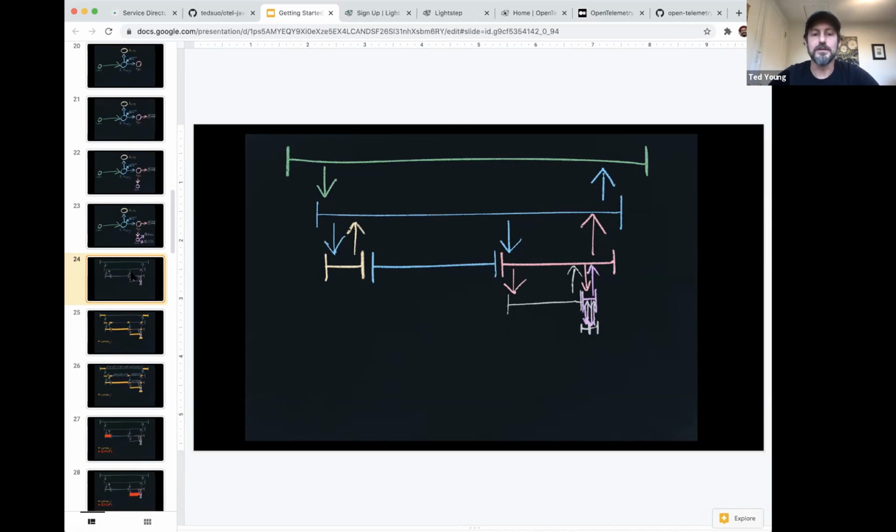One of the first things we might want to look at when we're looking at this transaction is, where did the time go? That's an interesting question to ask, because where the time went is not necessarily where the longest span is. And by the way, we call each one of these transactional hops a span. For example, the client here is the longest span, from the beginning to the end of the transaction, but the client was actually waiting for most of that time. So even though that's the longest span, that's not actually where you'd want to look in order to reduce the overall latency.